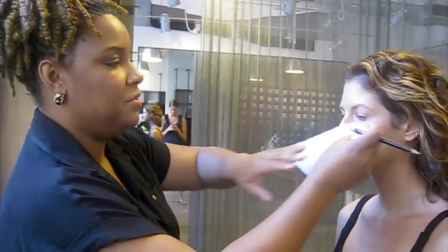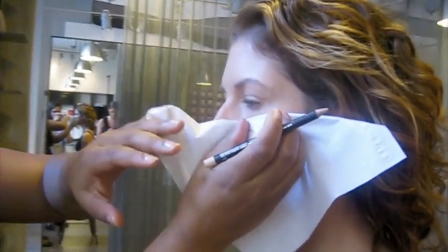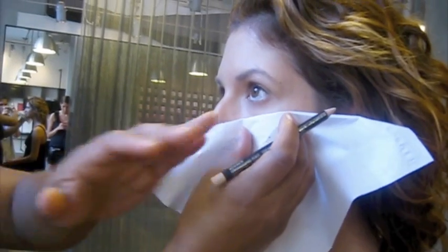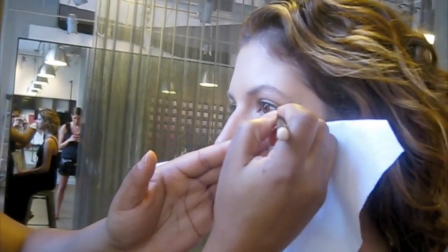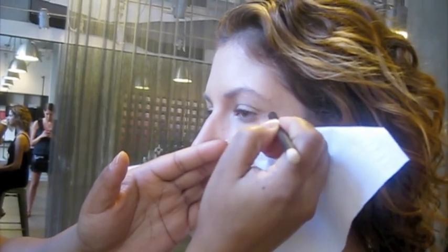So doing a cat eye, I know it seems intimidating, but it can be really easy. You set yourself up with some guidelines. If you don't feel like you draw particularly well, that's okay. I'm going to have you open your eye and look straight ahead. Now I'm going to sort of map out where on her eye shape I want the wing of my cat